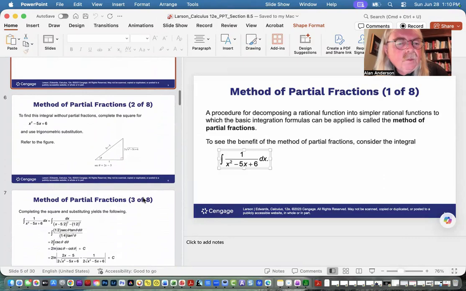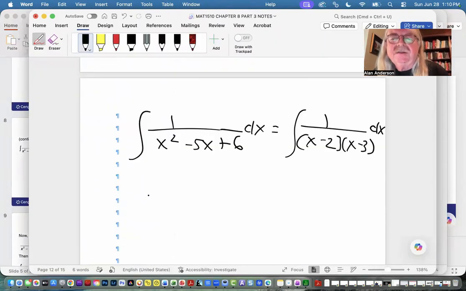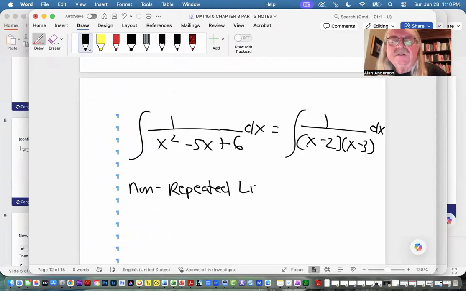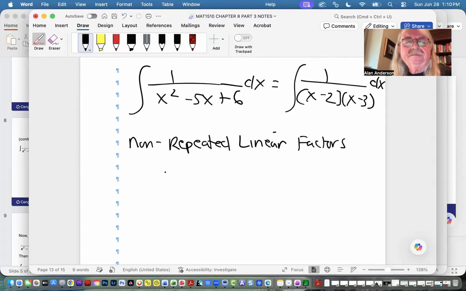What they're going to have us do is this. When we have what are called non-repeated linear factors in the denominator. Now, if you notice, the two factors are x minus 2 and x minus 3. They're both clearly linear functions or linear expressions, and neither one is the same. The way we solve for this is